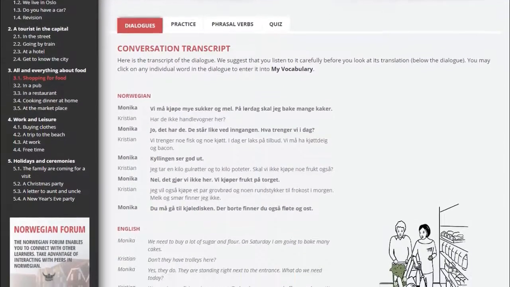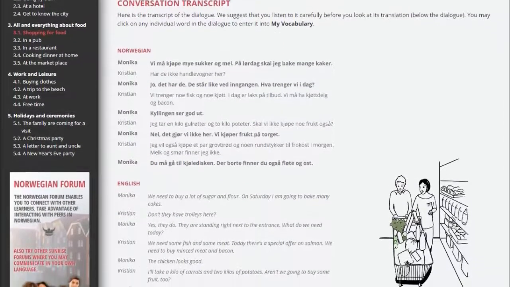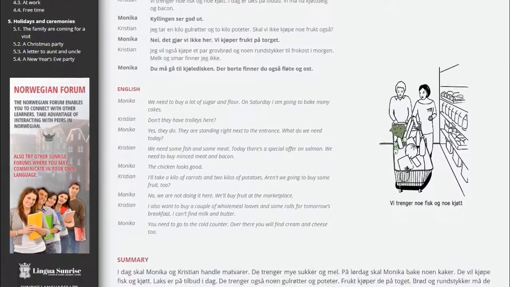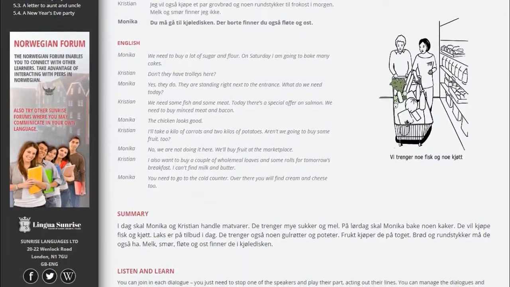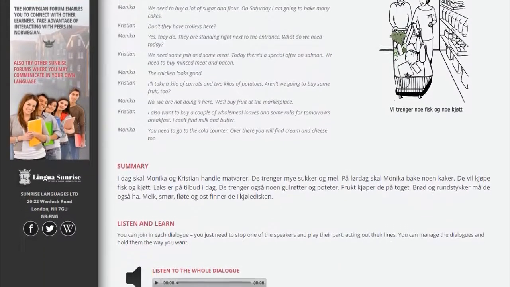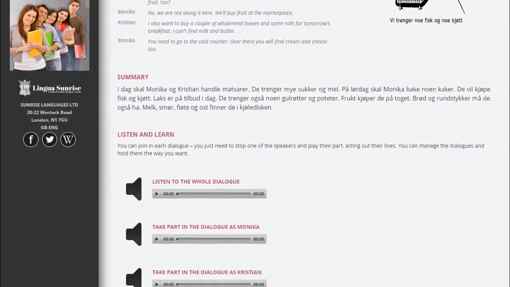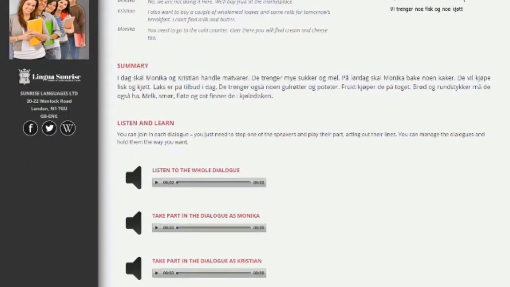On each page, below the interactive audio lessons, you will find the transcript of the dialogue used in the lesson. These dialogues form the core of the lessons, and the teacher's commentary is built around them. The dialogues are also translated into English and recorded for you to be able to listen to them. You will find them at the bottom of each page.